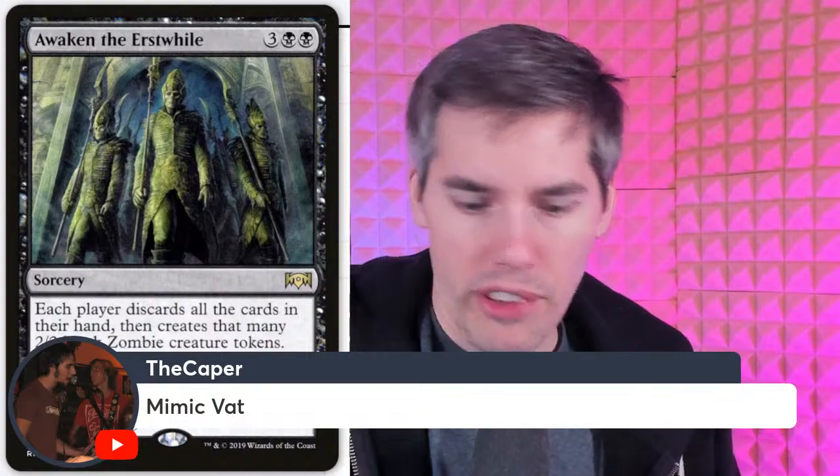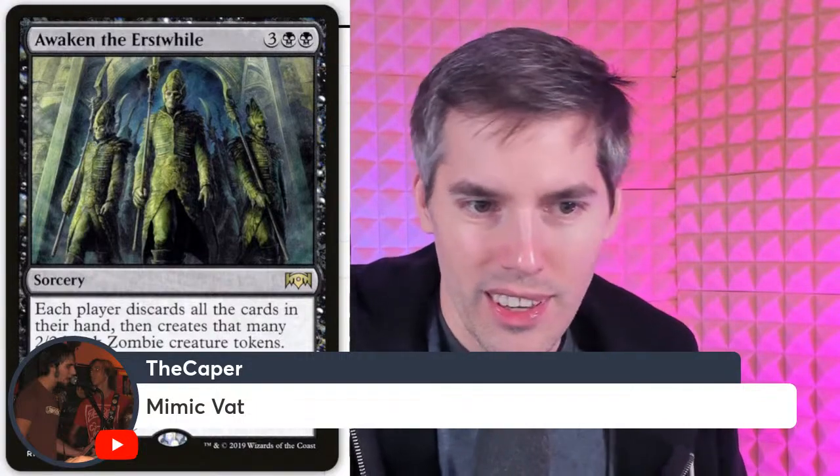Okay, next up, let's take a look at Mimic Vat. You know, I get this card passed to me in cube all the time, and I always pass it around because for the longest time, I just didn't want to understand what this card did. There's too many words on this thing. So first it starts off with imprint. Whenever a nontoken creature dies, you can exile that card. So it's exiled into Mimic Vat. And then if you do, return each other card exiled with Mimic Vat to the graveyard. So there's like a